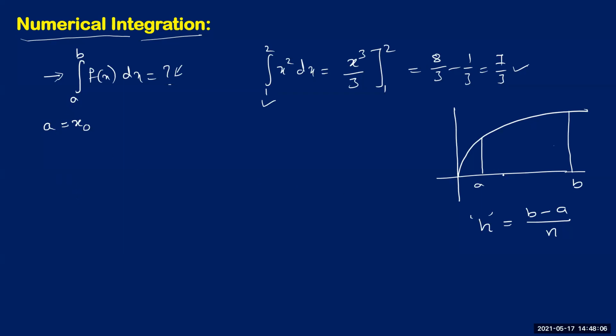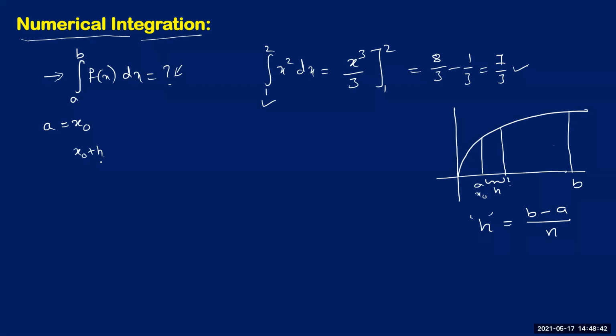Then what may be our next point? Guess this way. If this is your next point in this interval, you are dividing this into n intervals now. Let us say if this is your second point, this is one interval whose width is h units. You are dividing this into n intervals with the width of each interval as h. Now, if you take this as x naught, what may be this point? That must be at a distance of h units from x naught. That's how the next point will be x naught plus h.